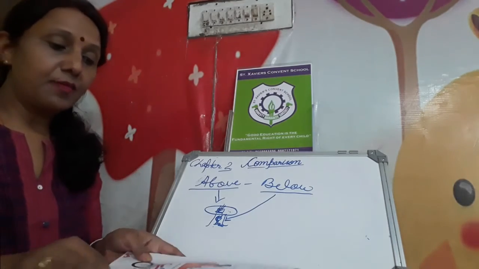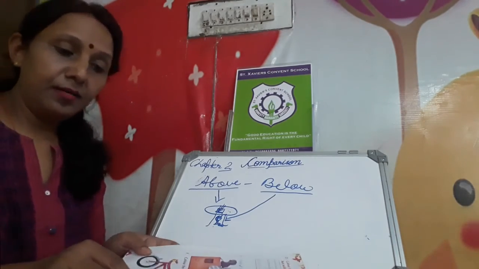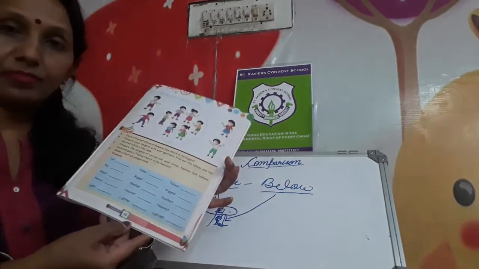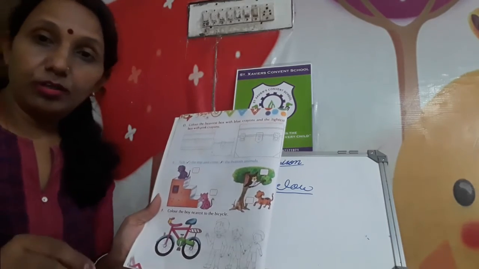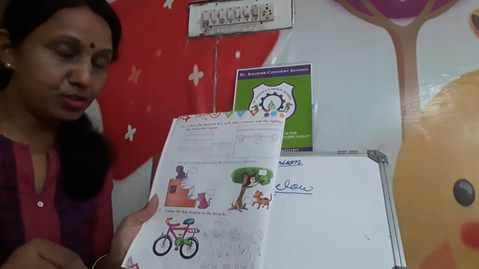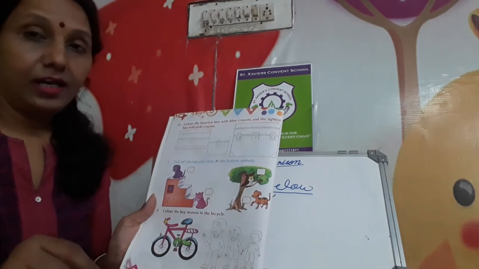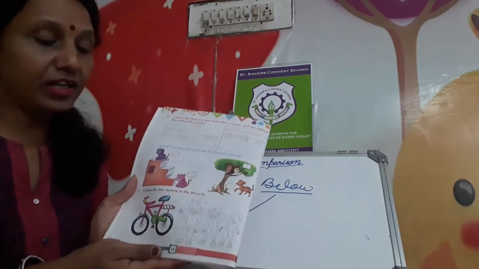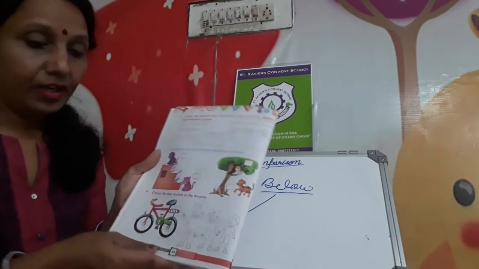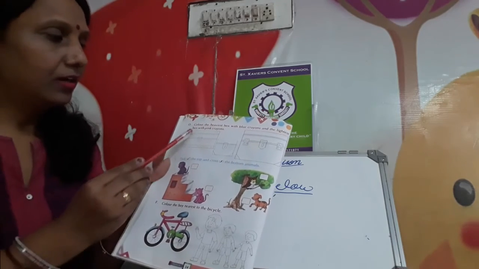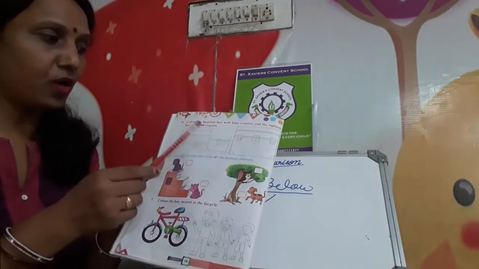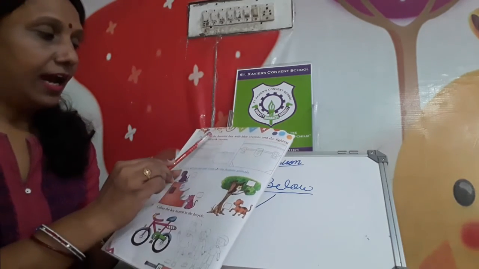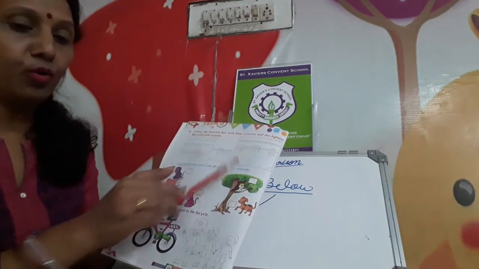There are some more exercises in your book, page number 14, and here you can see page number 15 also. Whatever I have just taught you, use your brain and take the help of your parents sometimes too. Just fill in these pages. Alright? Here again I would like to explain. Color the heaviest box. Which box is the heaviest one? Color it with the crayon. Alright? And for the heaviest box use blue color.